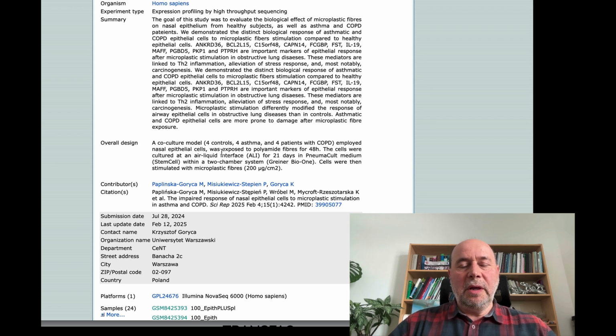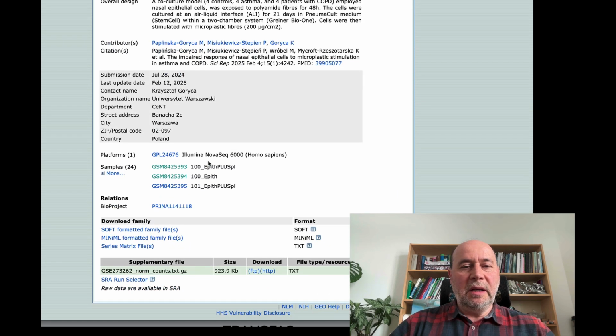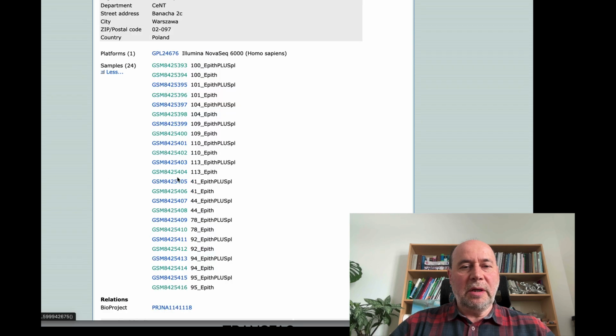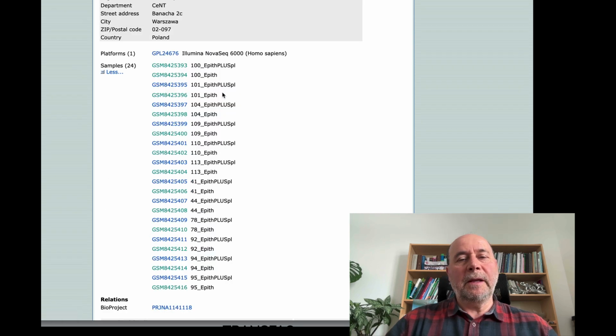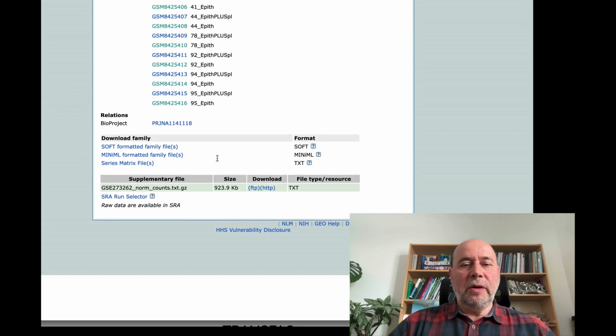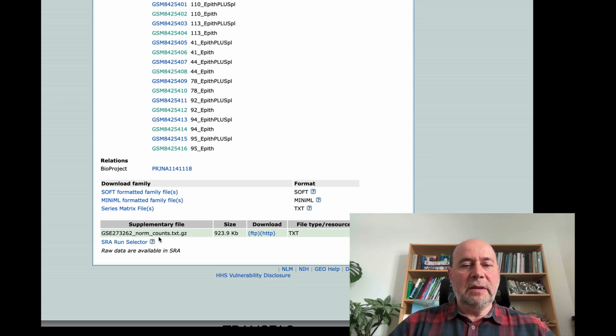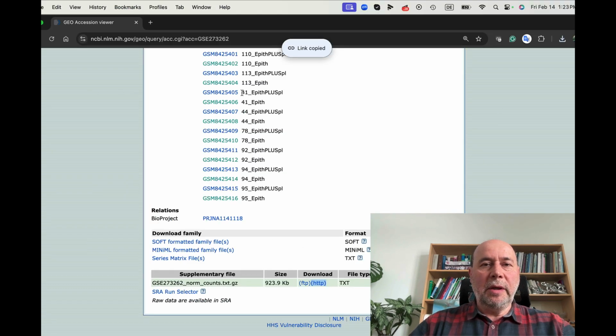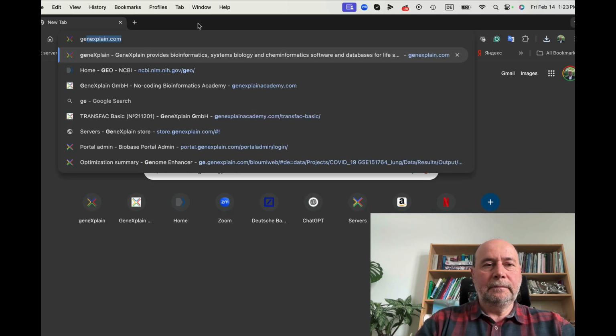These cells were treated with one special type of microplastics, and they did gene expression studies using Illumina NovaSeq. We are going to take these counts, which were computed in the paper. We will copy this, and we are going to open our system.